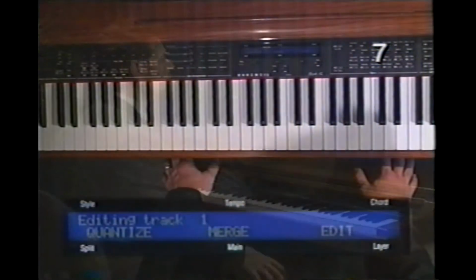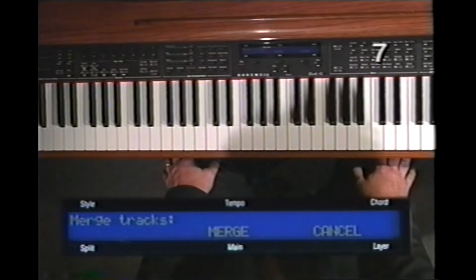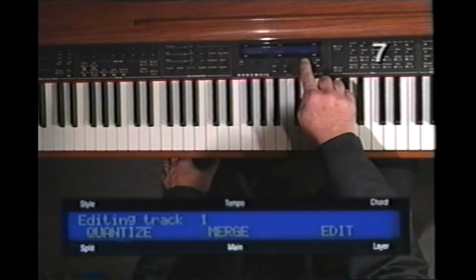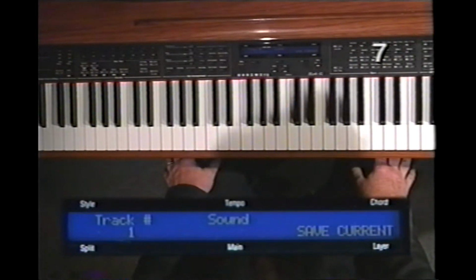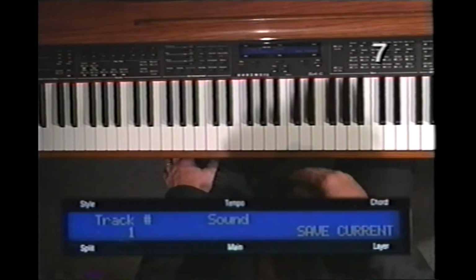Let's look at the other features in the menu mode. Press Merge. This allows you to take information from 2 tracks and combine it onto a single track. If you press Edit, you can scroll through a series of parameters that affect the track. The first is sound. Use this to change the sound for the track. As always, you press the button under the parameter to select it, and then use the up and down buttons to change. Press Next,